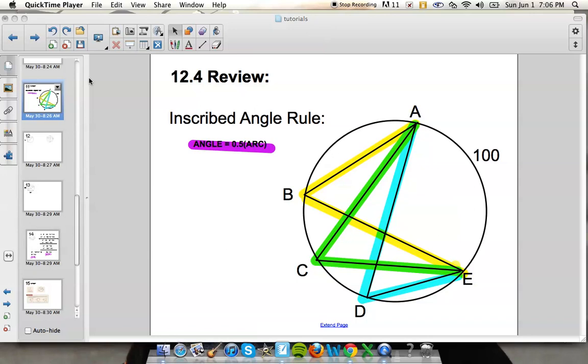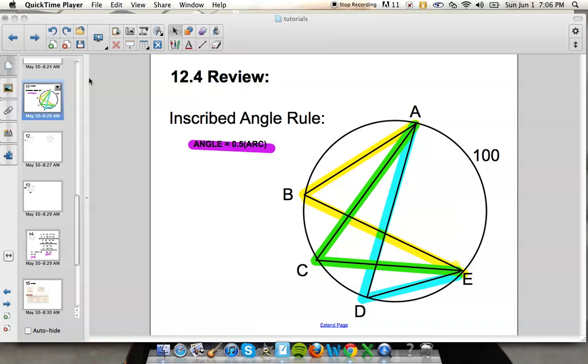half of the arc. So what you see in my diagram here is you have arc AE. Notice how each one of those highlighted angles are intersecting arc AE. Since they are all intersecting arc AE, that means all 3 of those angles have to be congruent. And using our inscribed angle rule, if we know the arc, we just take half of it in order to figure out what the measurement of the angle is. The measurement of the angle then is going to be 50 degrees. And since all of them are intercepting the same arc of 100 degrees, then all of those angles have to